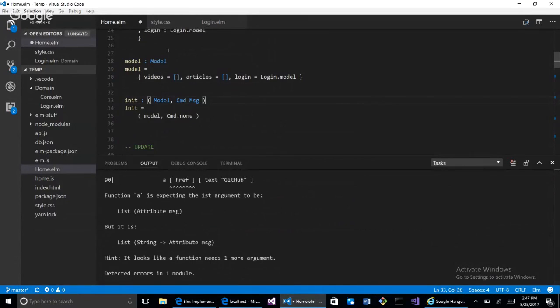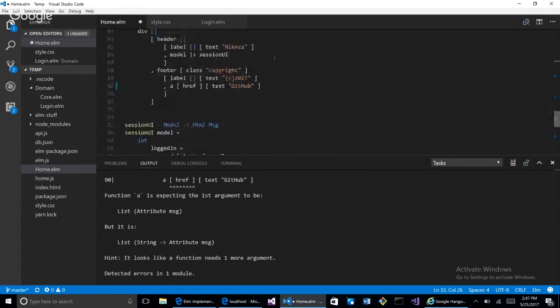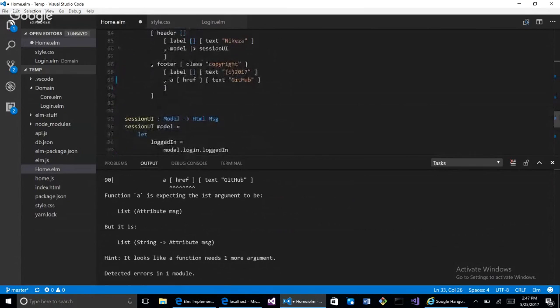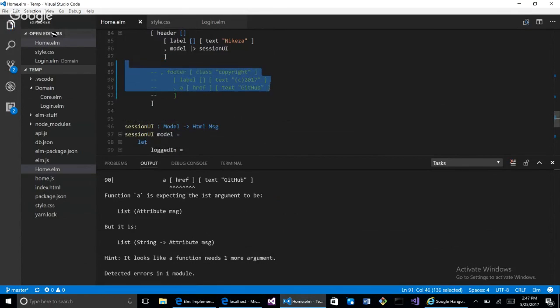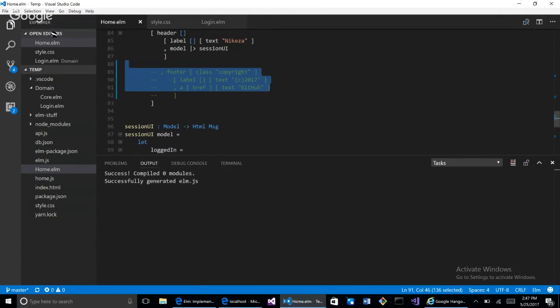If I go to 90, this is completely destroying my original intent. And I know it has nothing to do with this right here. I know it has nothing to do with this. So if I just comment that out, it's probably going to complain about something else. Control F5. And it does have something to do with this. All right, so anyway,